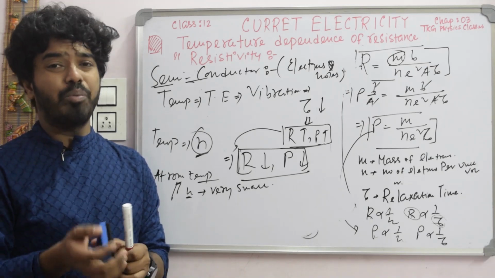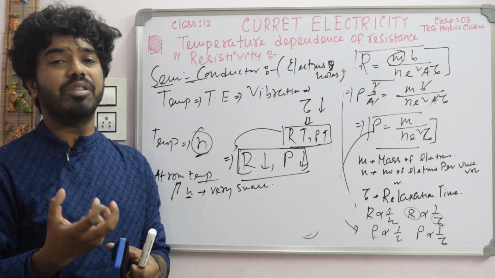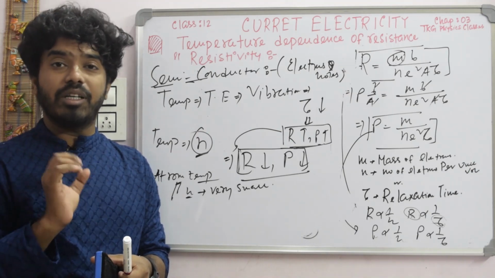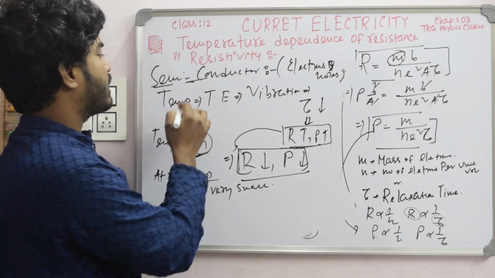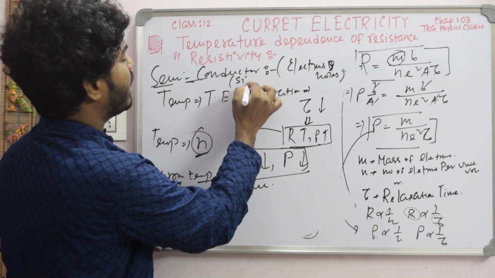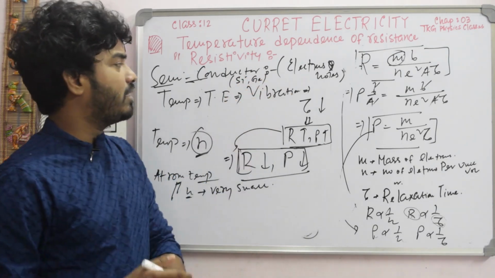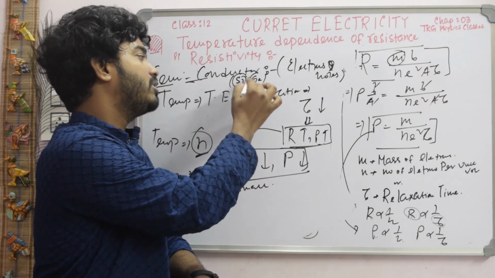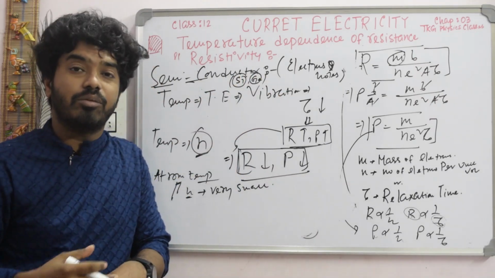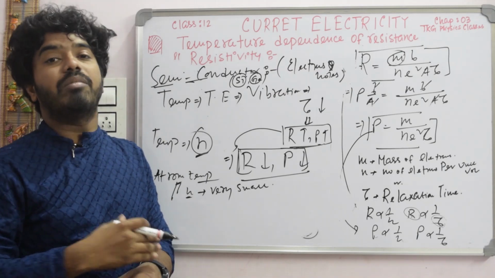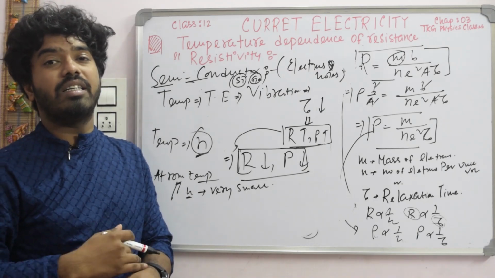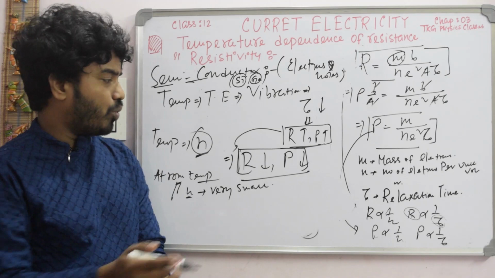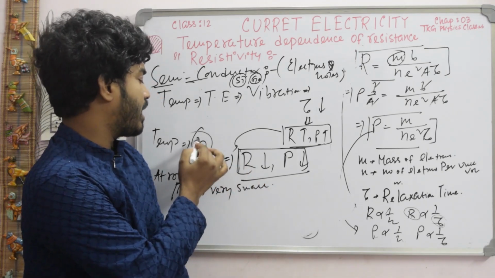By doping, that means adding some impurity to a pure semiconductor, like silicon and germanium, with increase in temperature the number of charge carriers increases more rapidly. So when this value increases more rapidly,